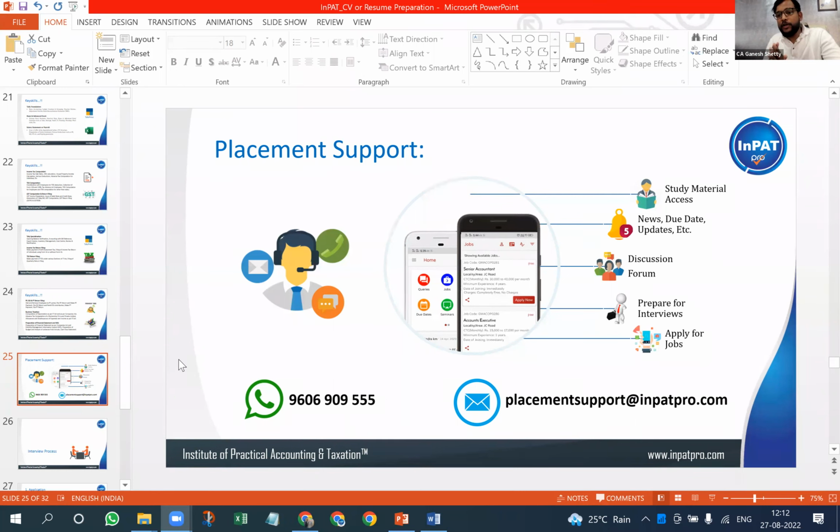So if you completed the DPAT course, definitely they are going to consider your skills for the job. Suppose the MNCs are not hiring for an accountant, but they are hiring for some other role, data analyst or whatever, you can still mention the skills. They will not reject you because you learned something, right?